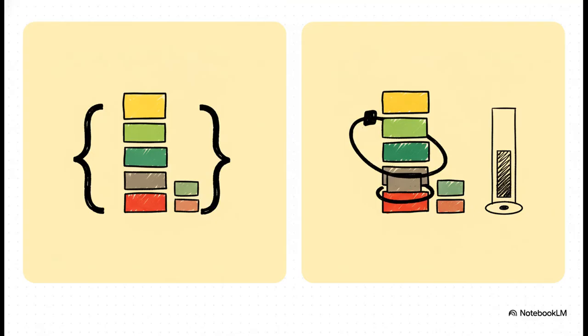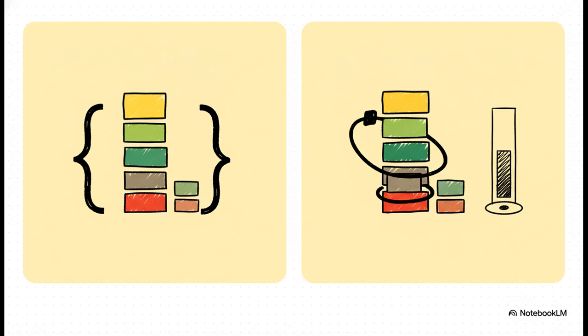We can also help the model narrow down its options. Instead of choosing from its entire massive vocabulary, we can use strategies like Top K. That's like saying, hey, just give me your top 5 most likely words to choose from. Or there's Top P, which is a bit more flexible. It's like saying, show me the most likely words and just keep adding to the list until their combined probability